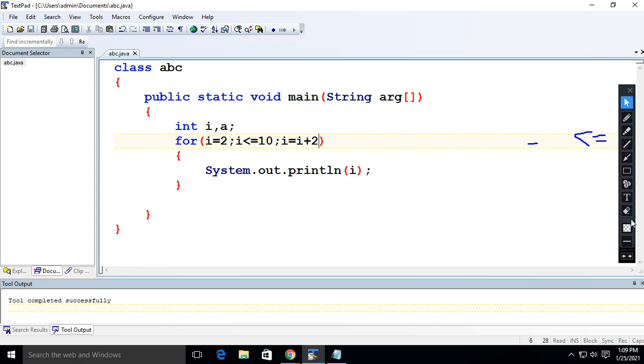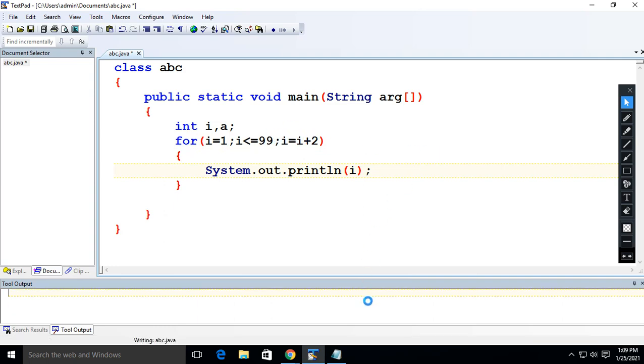So let me show you again. Is the screen visible? Yes, sir. So now only this needs to be different. The rest is the same. Just a minute, it's hanged. So what do you want? You want to print the natural number.